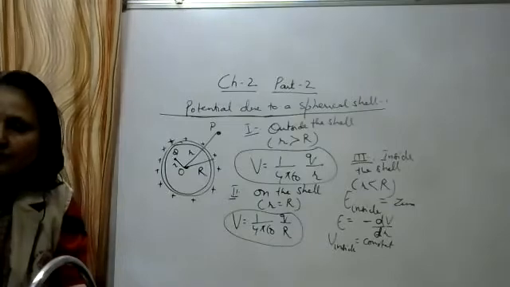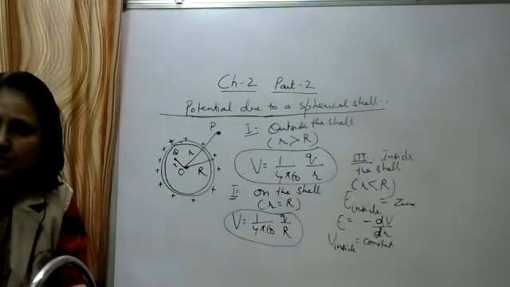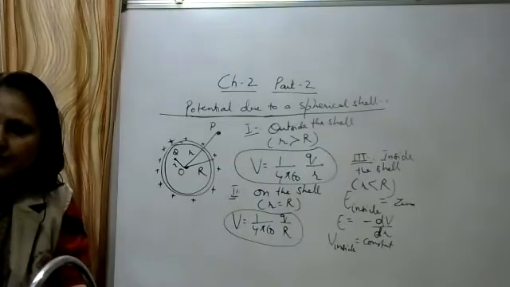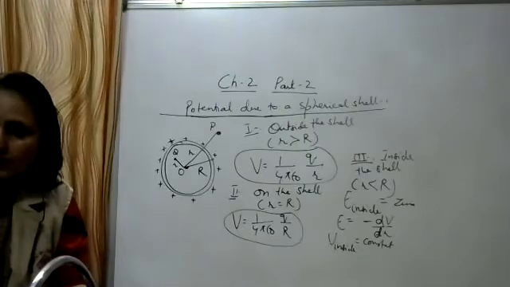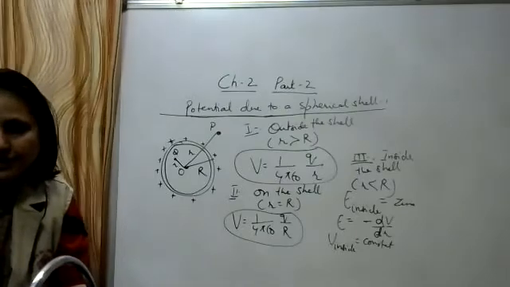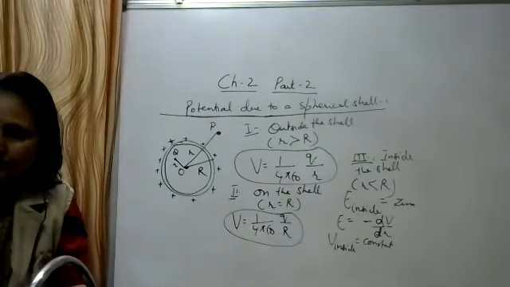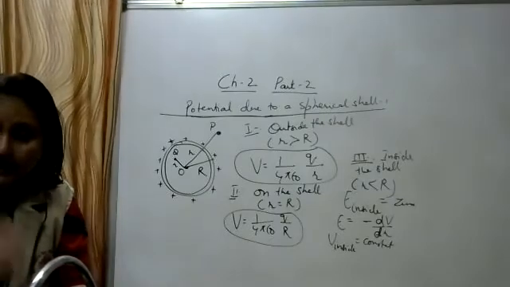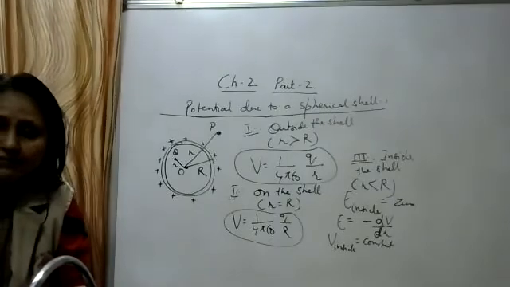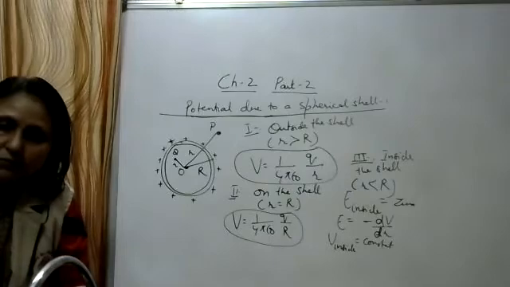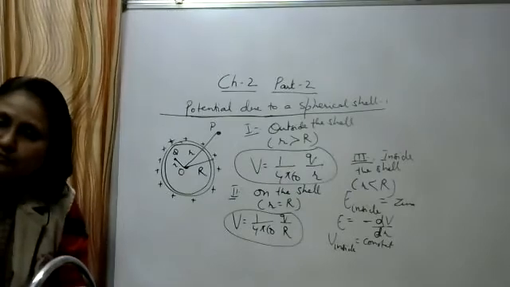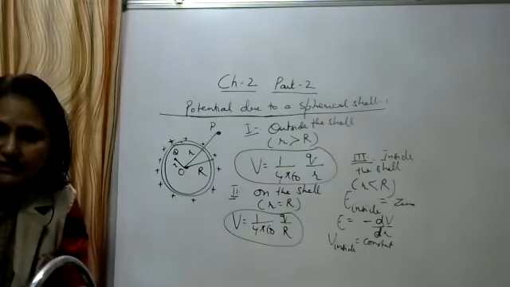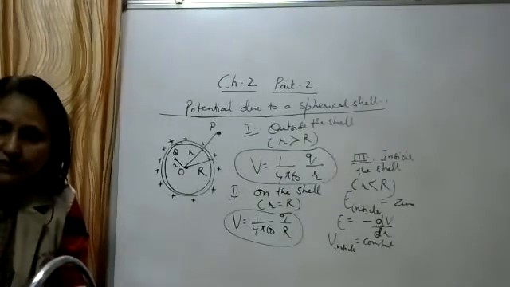The first topic we have studied is electrostatic potential. Electrostatic potential is defined as the work done in bringing a unit charge from infinity to a point in the electric field without any acceleration. So its formula is work done per unit charge, and it is also equal to the negative line integral of the electric field. Potential difference is the difference of the potential between two points lying in the electric field. So how can we define it?